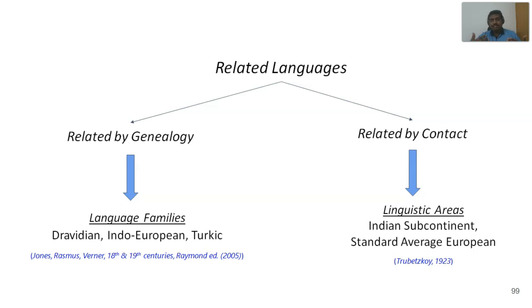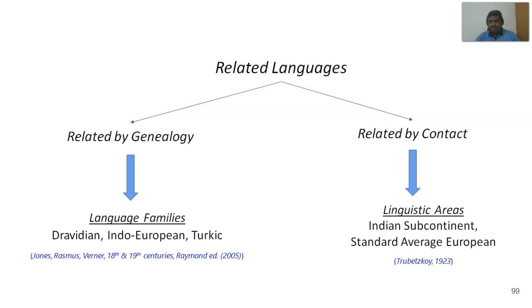One is that languages could be related by genealogy. That means they belong to the same language family. The languages have some sort of sibling relationships among them, and this results in language families like the Indo-European language family, Dravidian, Turkic, etc. The other relatedness that is important is relatedness by contact, where languages in a certain geographical area, spoken by people who have interacted over a long period of time, have exchanged vocabulary and grammatical features, and have achieved a level of convergence to the extent that they are recognized as what is in linguistic terms called a